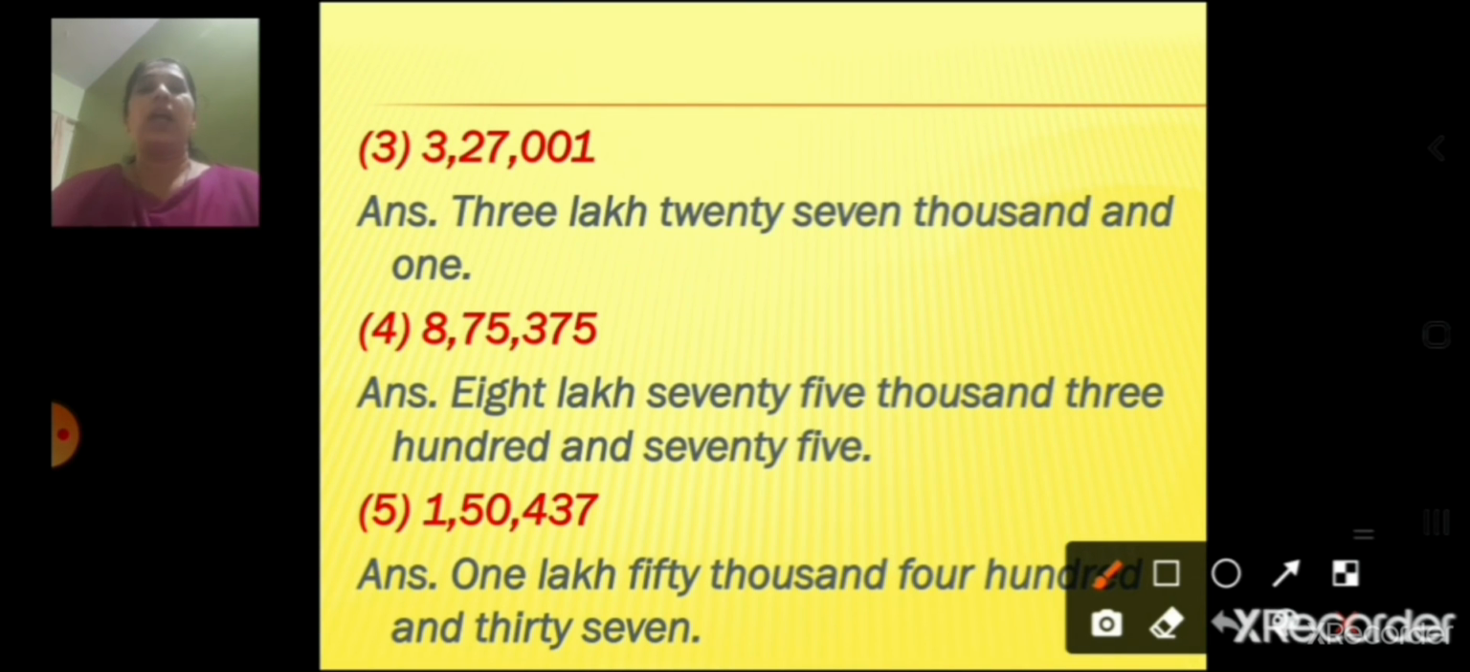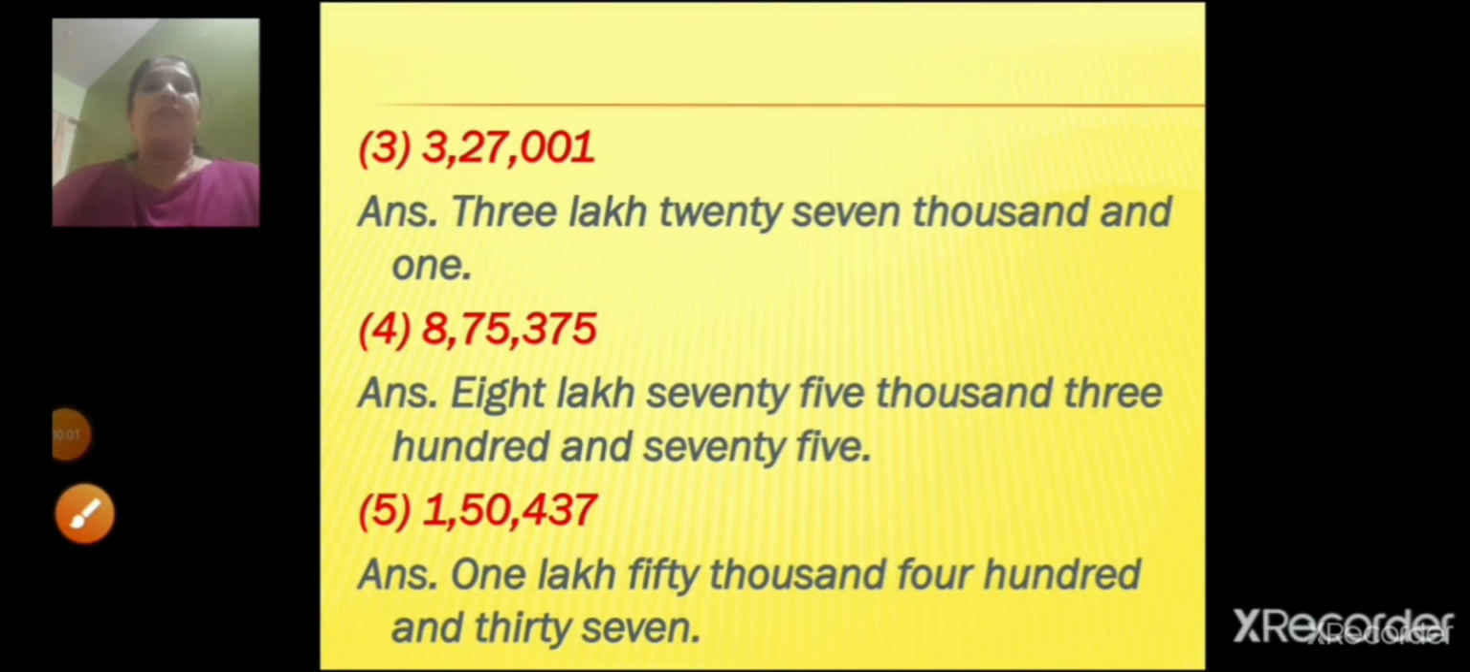875,375. Again we'll start counting from our right hand side. 5 in the units place, 7 in the tens place, 3 in the hundreds place, 5 in the thousands place, 7 in the 10,000s place and 8 in the lakhs place. So we will write it as 8,75,375. Next example, fifth one is